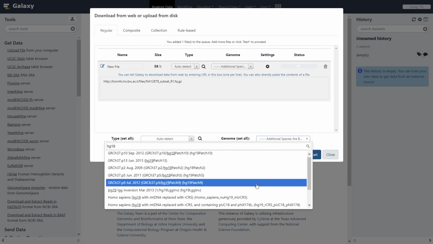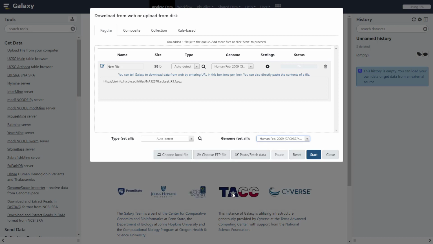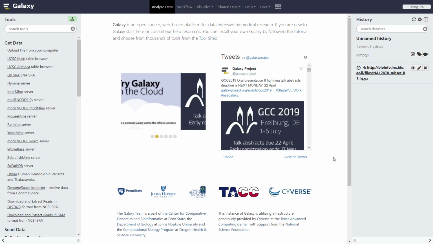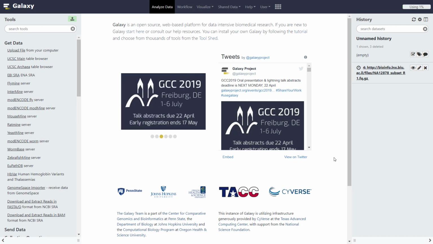That's the human genome version 19. And then click on Start to begin retrieving the data. You may now close this window. Depending on the size of the data, it can take several minutes to several hours to complete.